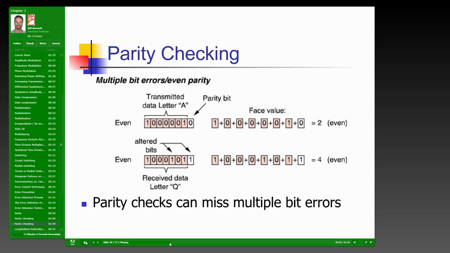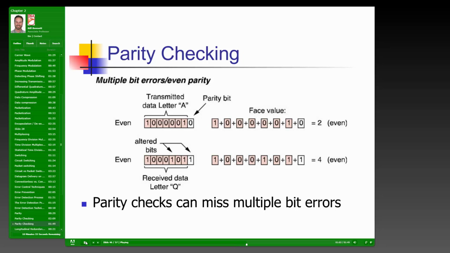So when we look at the pink block right now, the way the bits are set up there actually represents the letter capital Q, instead of our original letter that we wanted to send, which is the capital letter A. So again, we had the 1 0 0 0 0 0 1 sequence as the character we were sending, but during transmission it turned out to be 1 0 0 0 1 0 1. Not only that, but the parity bit that was originally 0 has now been altered to a 1 during